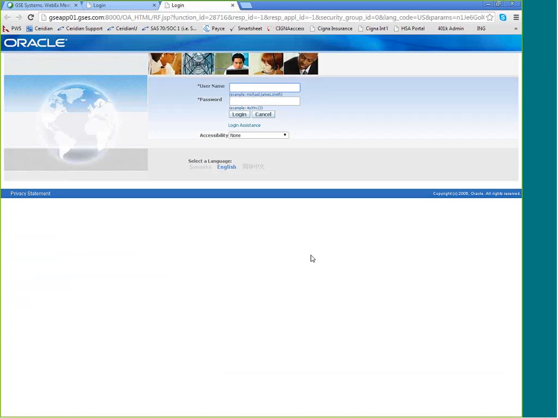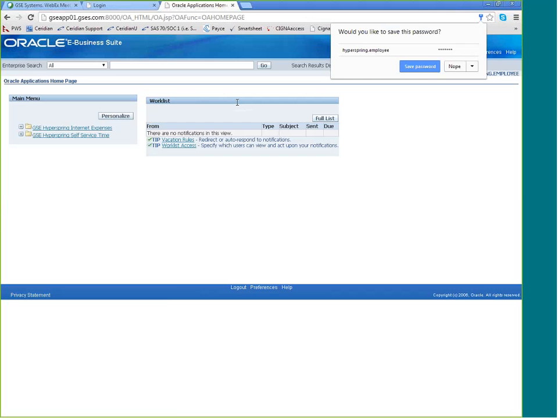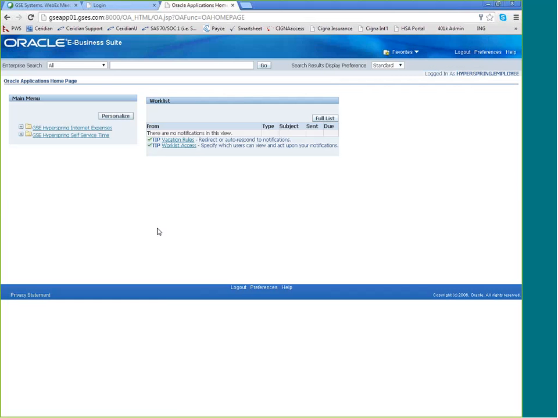And you will notice as soon as you log in that it will immediately ask you to change your temporary password. But for demonstration purposes, I'm going to use a demo account that we have called HyperSpring Employee. So when we log in here, all you need to do is input your username and password. You do not need to change the accessibility option. So I just put the password in. It is logged in. The home screen it's showing right now, the areas you want to pay attention to